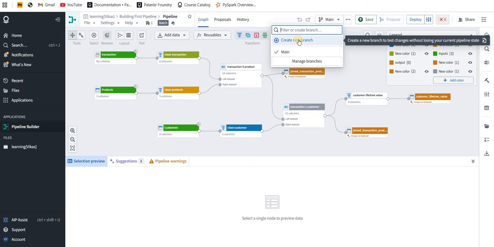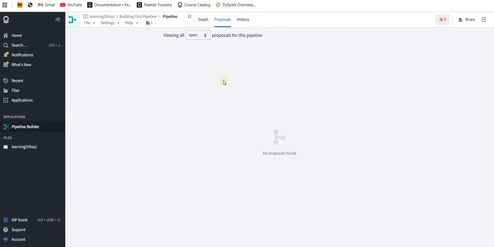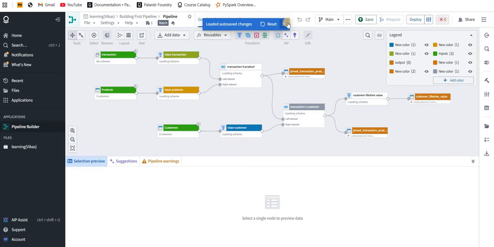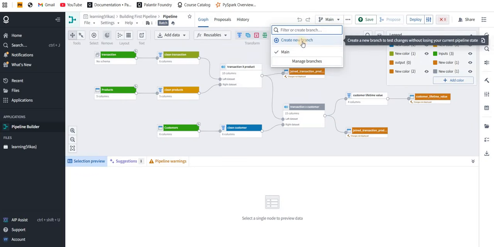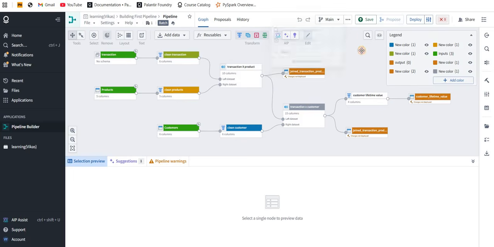After creating the branch, you make your changes and then go to proposal, so the reviewer will see whatever changes you have done. Let me show you this also. It is very important. It may take some time, but I'll explain everything correctly. Suppose there is a branch. I'll make a proper video on this, so it will be easy for you. For now, you can understand that if you want to create any branch and make changes, you can do it here. And after that you can obviously save it.